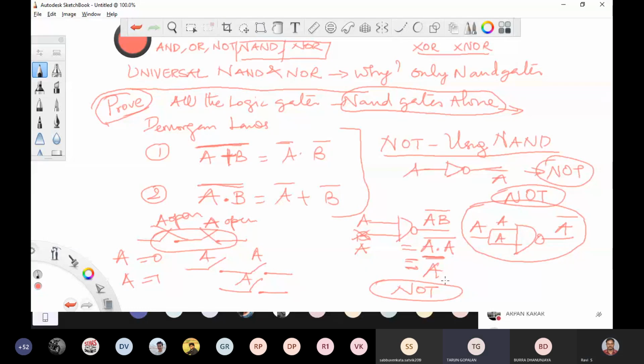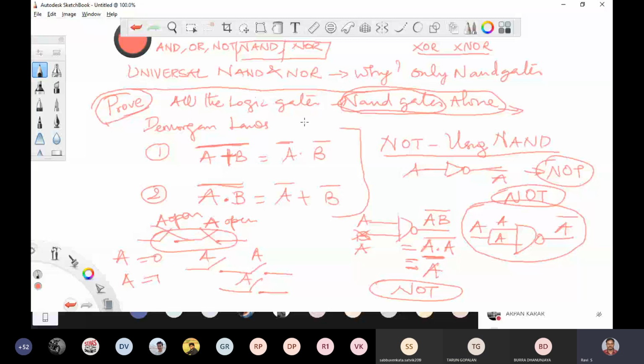Sir, what are we trying to prove here actually? That NAND is a universal gate? Yes, NAND is a universal gate. If I have only NAND gates, hundreds or 200s of NAND gates, only NAND gates, I can make whatever logic I want. That is the reason this logic gate is called a universal gate.